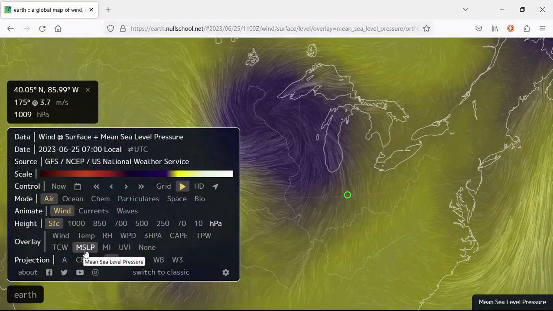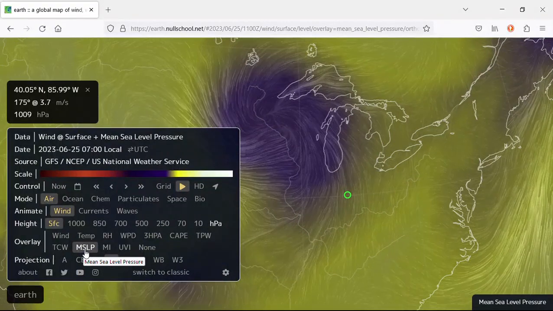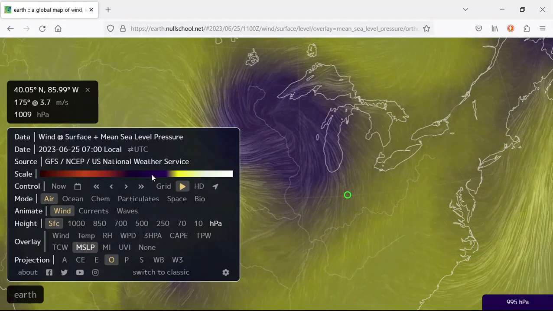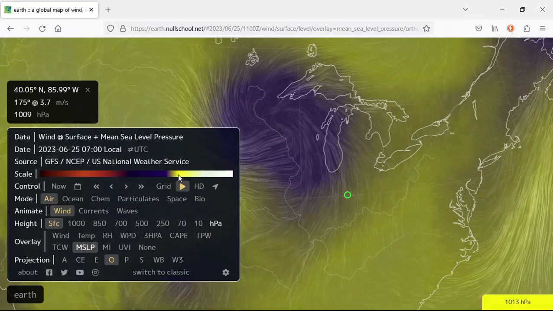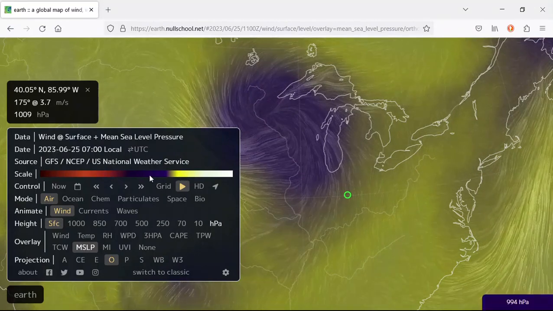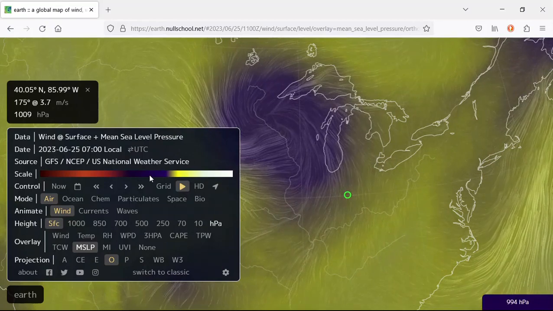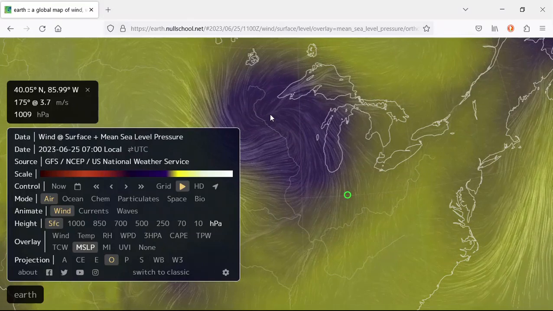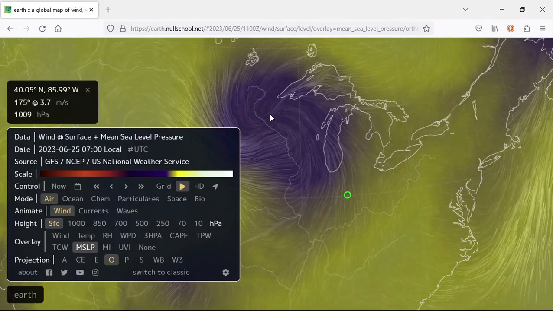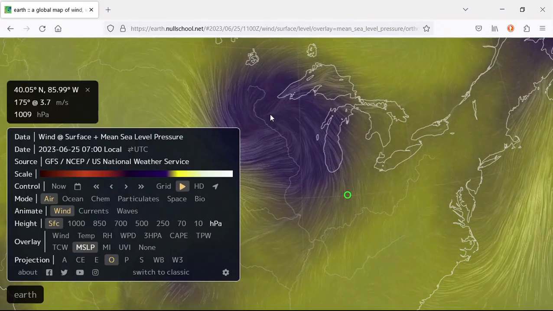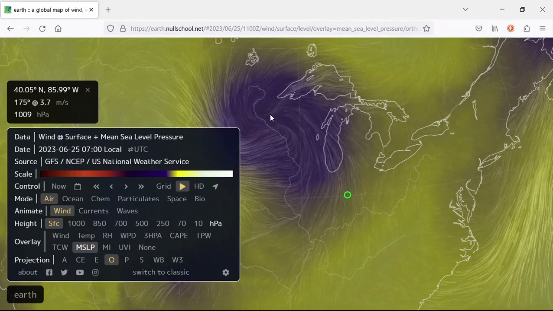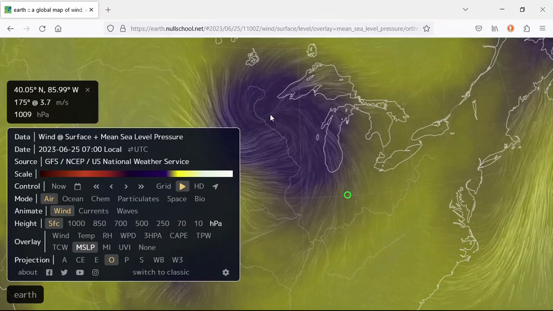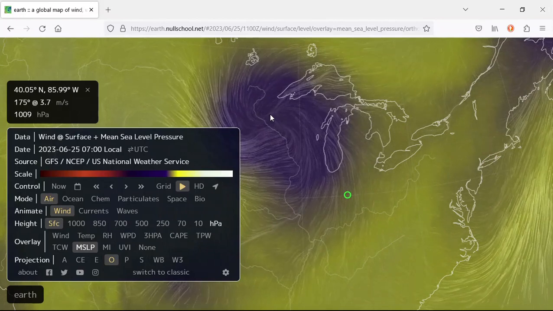So mean sea level pressure, we should expect to see a black hole. So in this case, low pressures are shown as darker, higher pressures shown as lighter colors. And so we should see that low pressure area, and we do. And once again, if a low pressure center moves across the northern part of the state, just north of Indiana through Michigan, then we have very much the conditions for a cold front to come sweeping across its southern side,